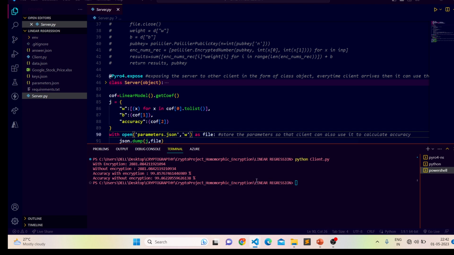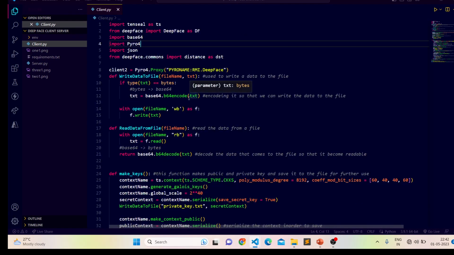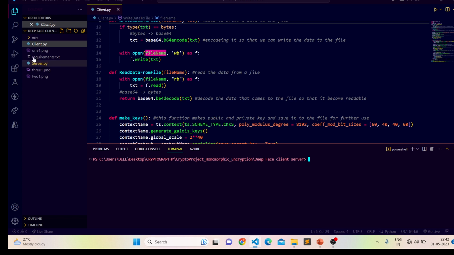Now let's see the DeepFace solution. For facial recognition we used DeepFace, and for encryption we used TenSEAL. In TenSEAL we used the CKKS encryption scheme, a homomorphic encryption scheme. So let's run the solution. Here also we have two files, one client and one server.